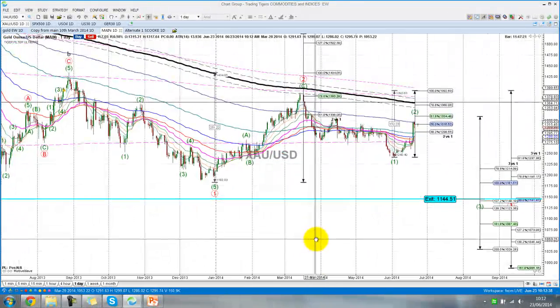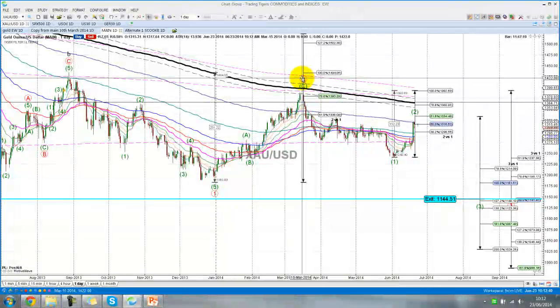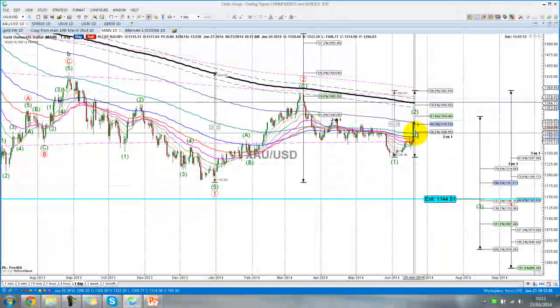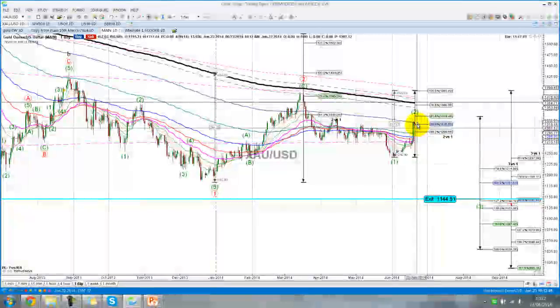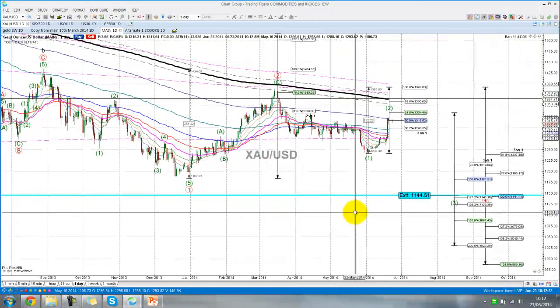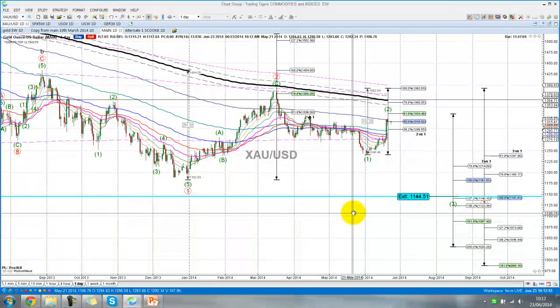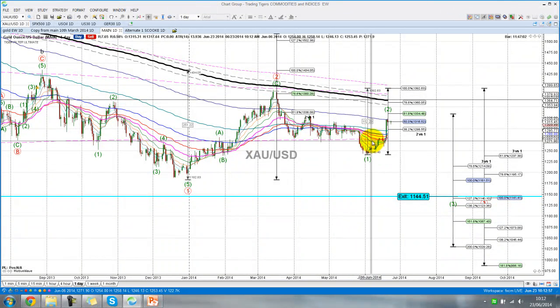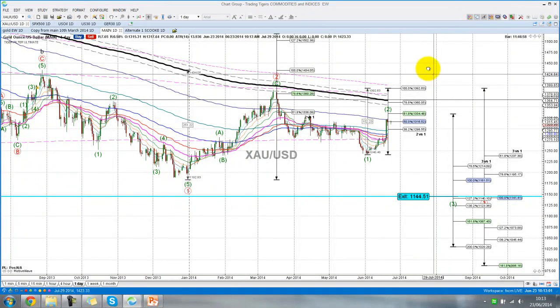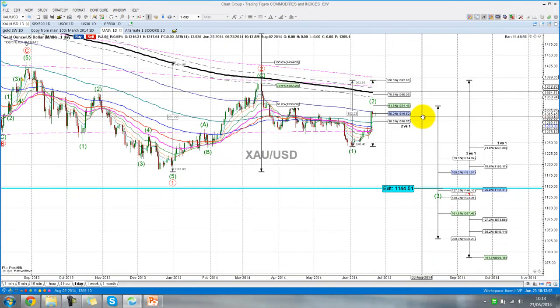So we're still in a wave 3 of a primary, that's wave 3, which is the red in circles, and a wave 2 is in part of completion of an intermediate. So we're still looking for a move to come down. We can consider taking short positions, and I'll put in some short positions shortly within the day, and we could probably look if we're going to take a short at the low of